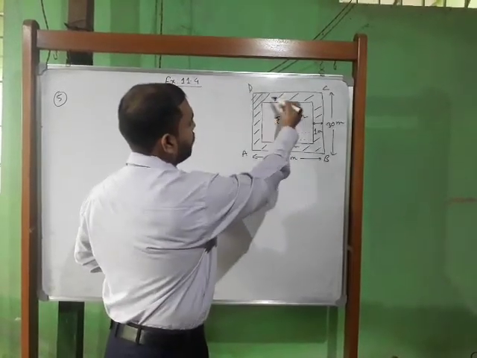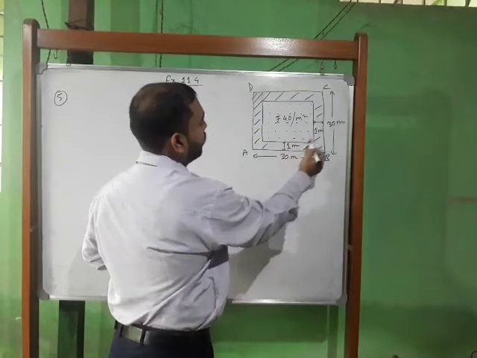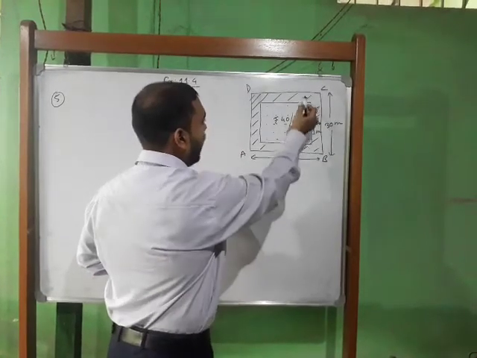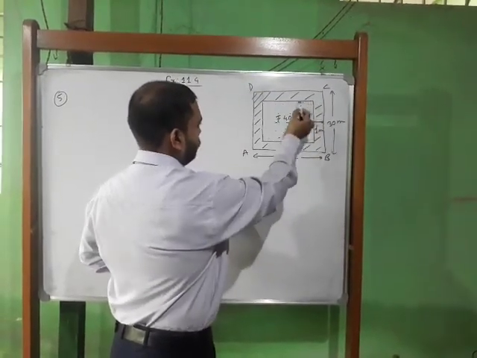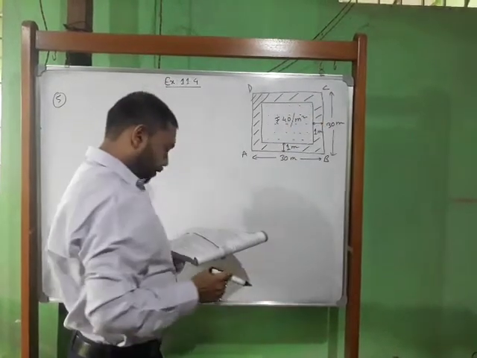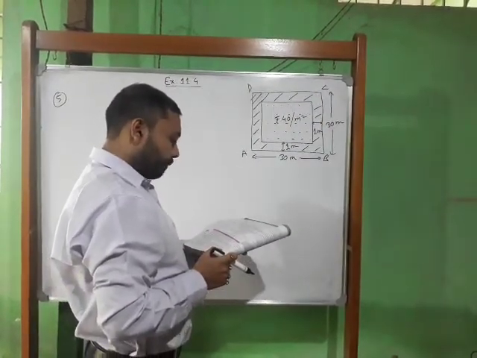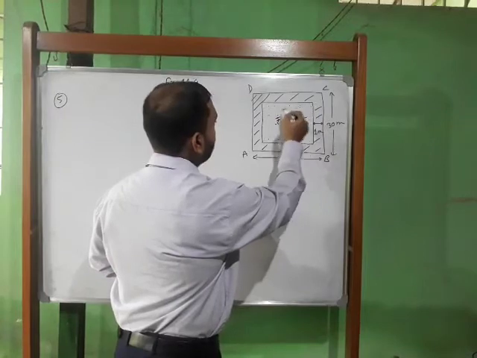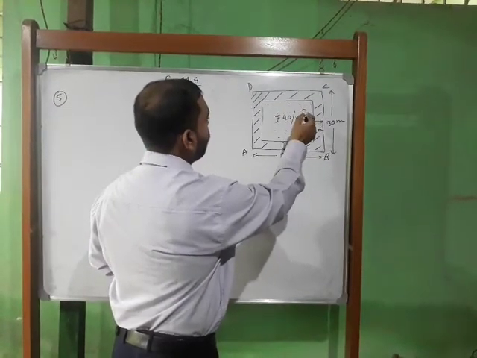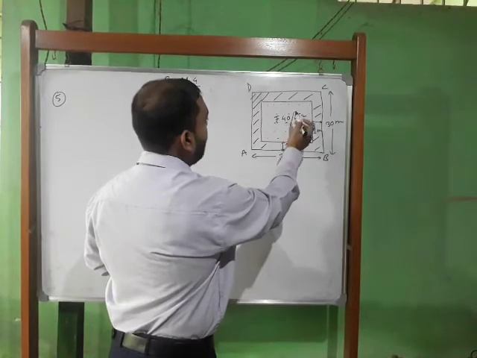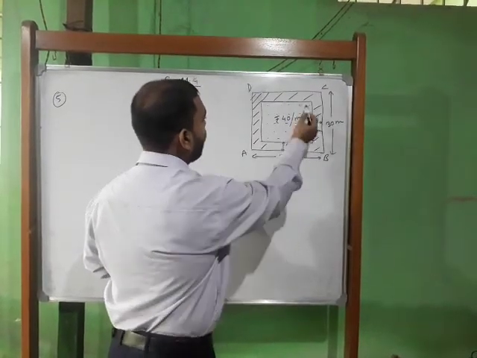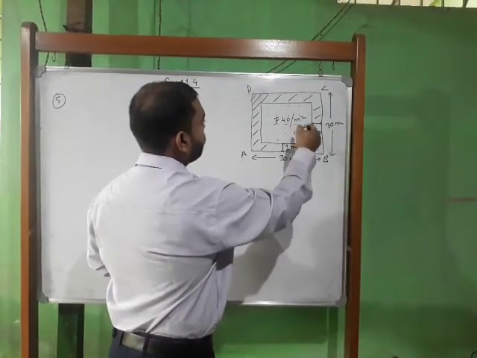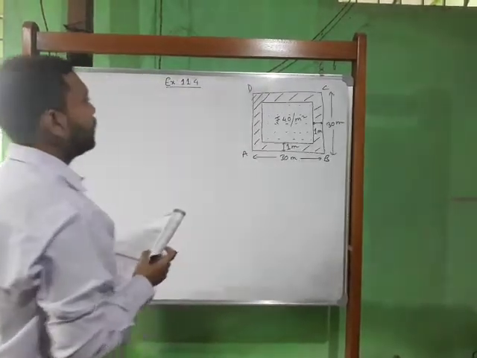As you can see, this is the shaded region. So this is 1 meter width. The path is 1 meter wide all around, and you have to find the area of this path. Again, the remaining portion is already given: the cost of planting grass in the remaining portion of the garden at the rate of 40 per meter square. So this remaining portion is planted with grass, and it is mentioned in the question that per meter square it costs 40 rupees. So what will be the total cost of planting in this region? We have to calculate. So let us start.